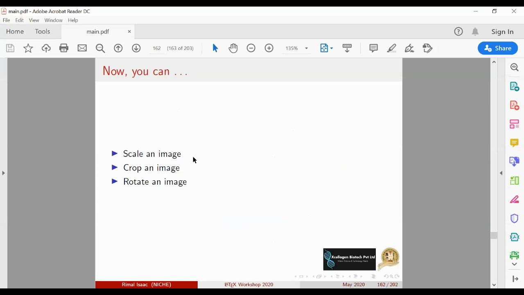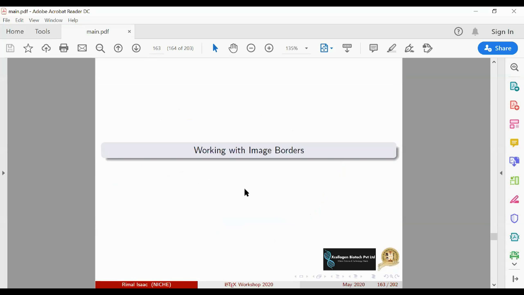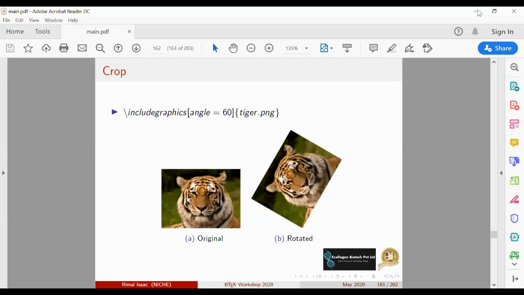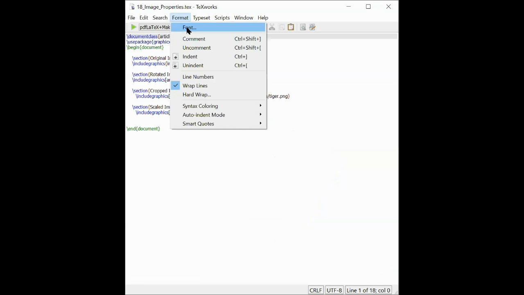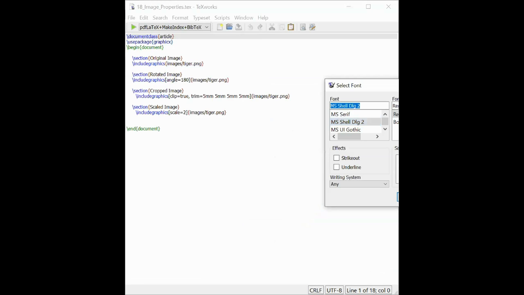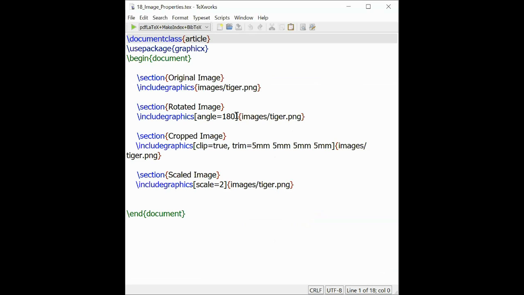So now you can scale an image, crop an image, and rotate an image. I'll show you the code.